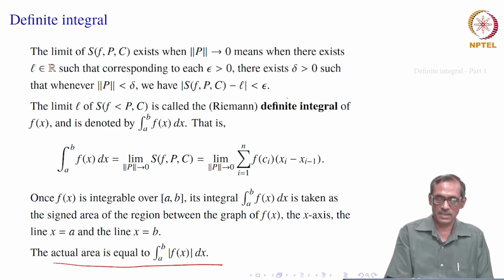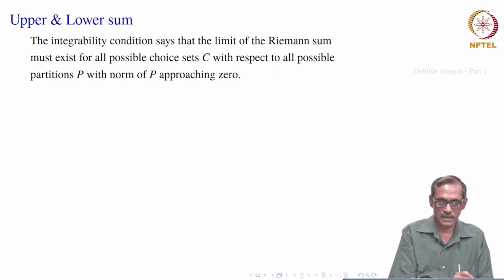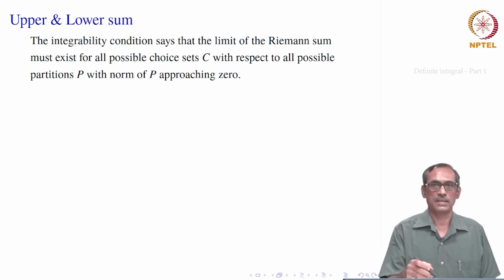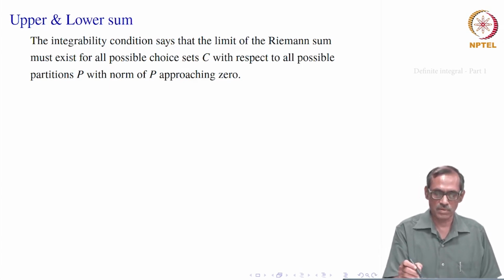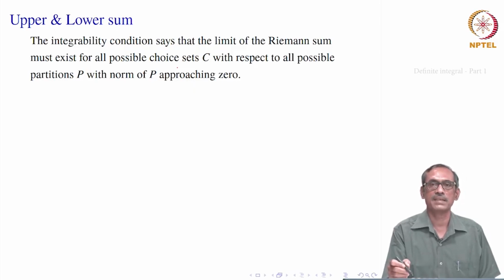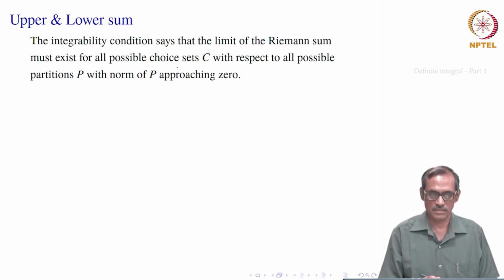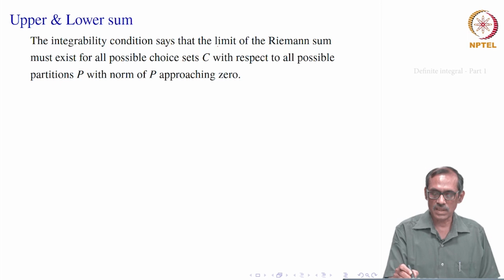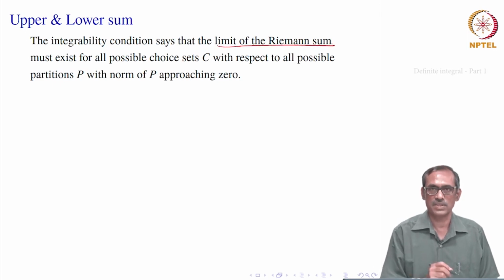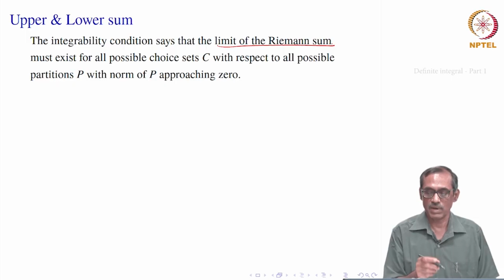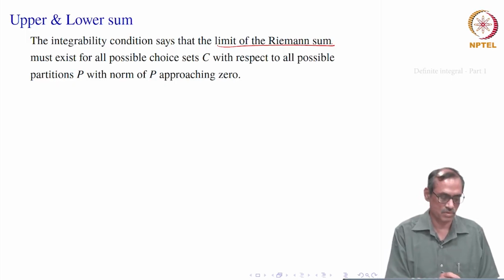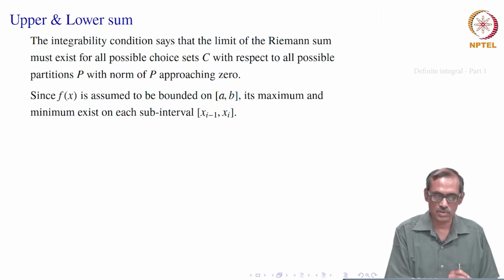Okay, so, once this definite integral is defined, we should see how it is applied, and then slowly we will come to some other conditions which will imply that the integral exists. So, it is easy to see what should be the condition, right. The limit of the Riemann sum exists for all possible choices of C, that is what our constant is. Whatever partition you choose, once the norm of the partition goes to 0, whatever choice of points C you choose, it should give us the correct limit, okay.